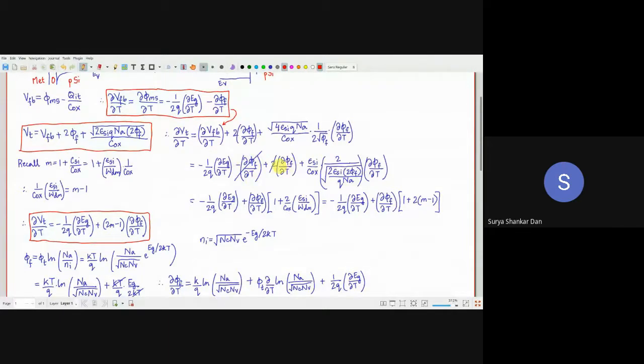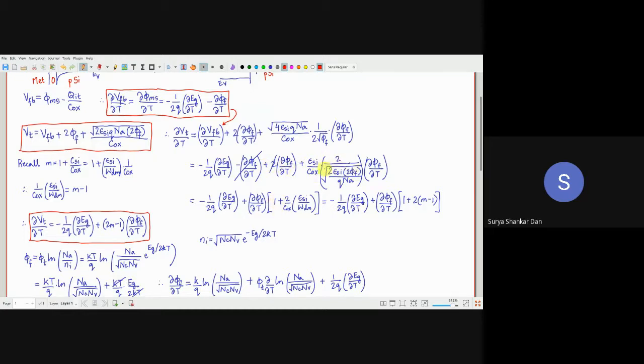This is plus twice del phi f del T. So 2 and this will cancel. So you are left with 1 into del phi f del T here, and here this whole factor. So let us do one thing. We will leave the first term as it is, and del phi f del T, I will bring it outside the third bracket. Just basic algebra, but look at the significance of it soon. So you will be having just 1 plus this whole factor.